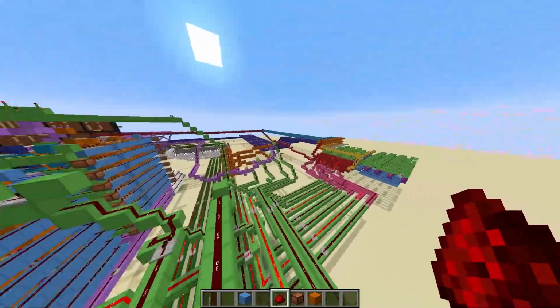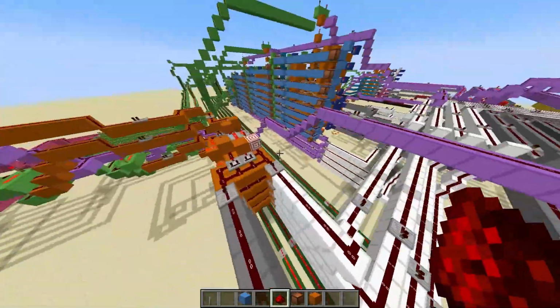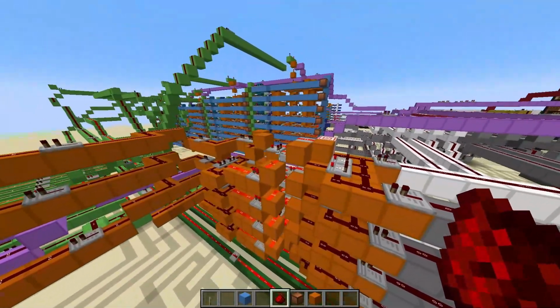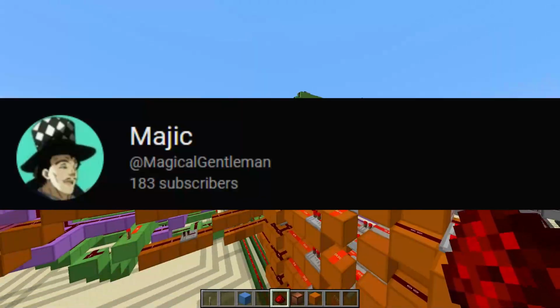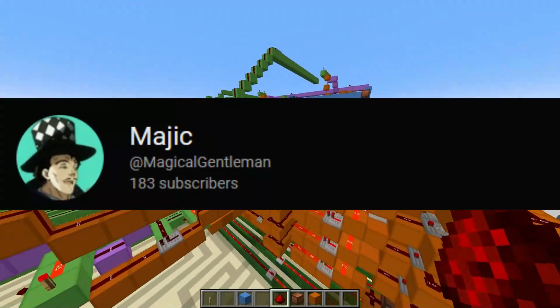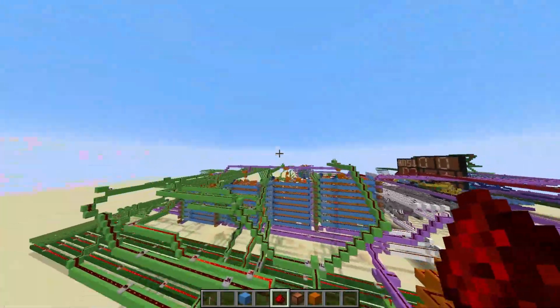next and final is addition. Addition was pretty simple. I just used a 5-bit CCA adder. Credit to Magic for making this. I'll put his channel up on the screen. Yeah, I mean, there's nothing much to say, and we just put this into our normal output. Okay. So,